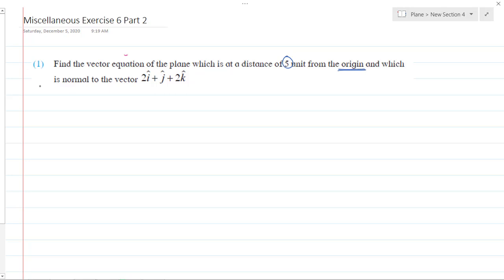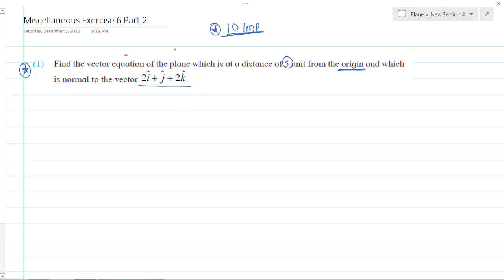While reading the question, you should try to recall the summary of this topic, where we have seen so many formulas. I have given you the 10 important formulas in the last video, which are very important, and each and every question belongs to only these 10 formulas. That's it. And this is the normal vector.